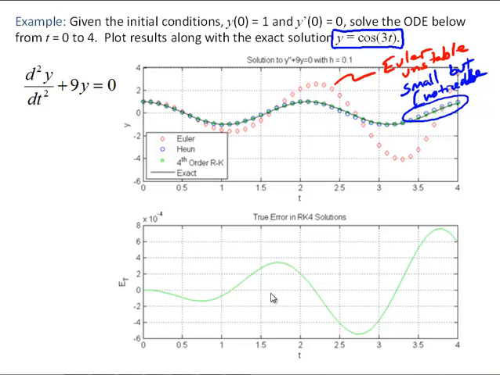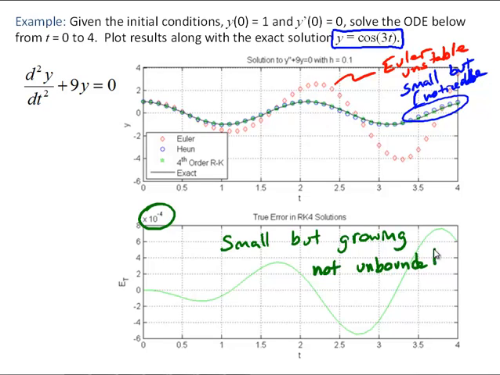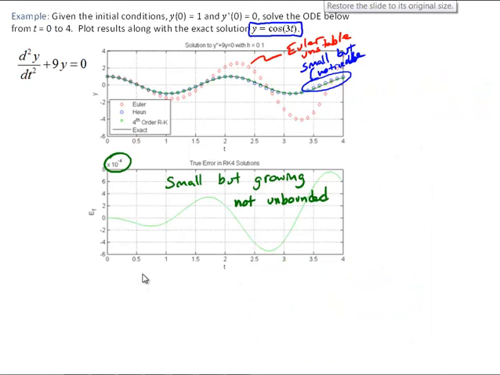And I've generated a second plot here just so you can see that there is error, obviously, in the fourth order Runge Kutta method. But that error in the Runge Kutta method is on the order of 10 to the minus 4. So very small error, but growing. Coming back to that concept of stability again, we'll see the error is growing, but we would not say it's growing in an unbounded fashion. And we would say this solution is stable